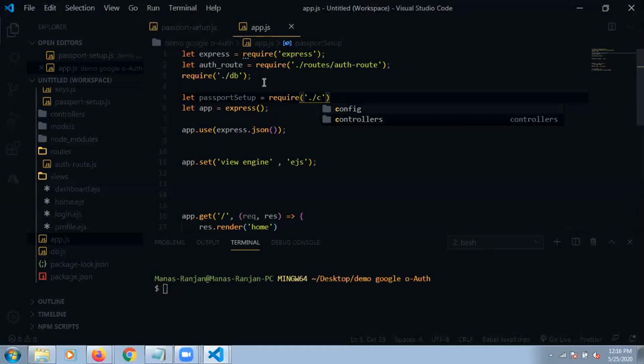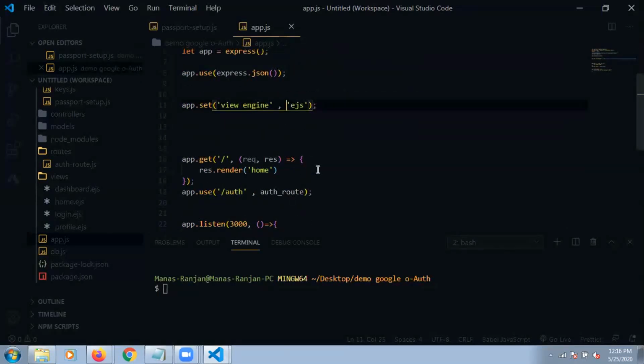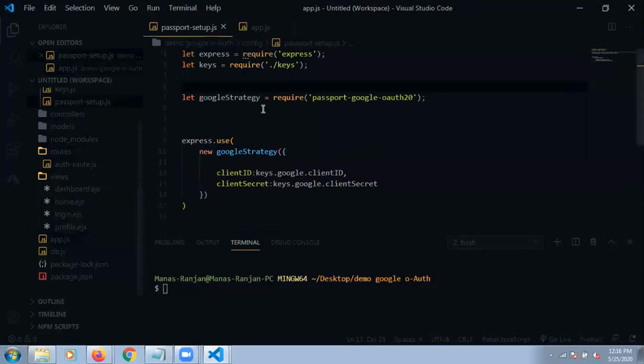Go for config, config slash, inside our config there is passport setup. So our require has been completed. It is connected to our application, and already we exported these. So everything is fine.